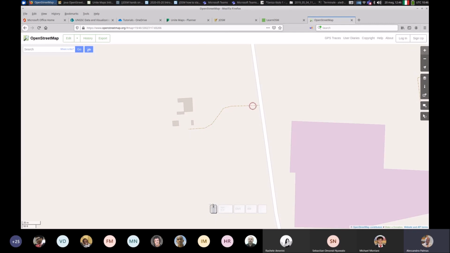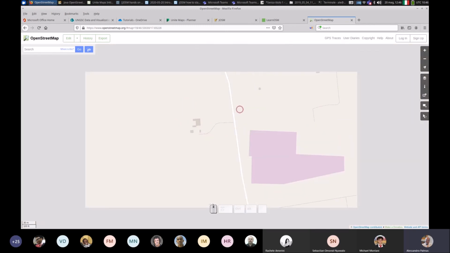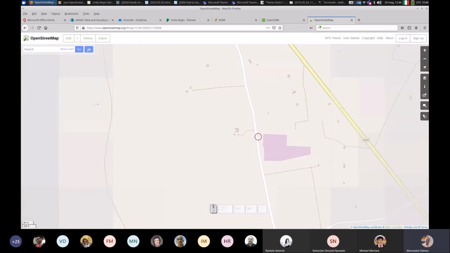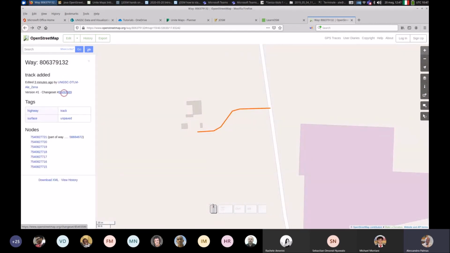but it does not always happen that all the modifications are instantly drawn after a few seconds. That's a different story, because the drawings are done by the rendering server. The important thing is that I uploaded and the system, the database, recorded my change set, and so